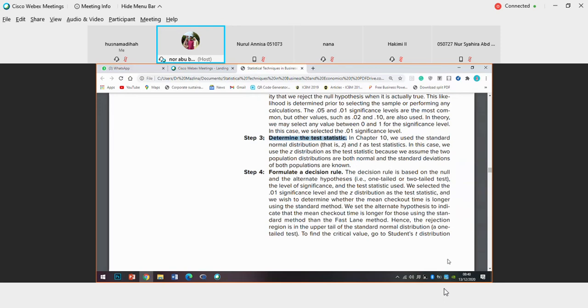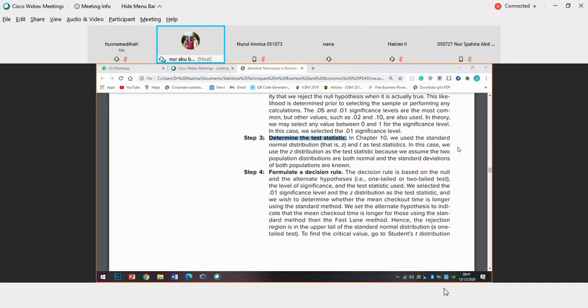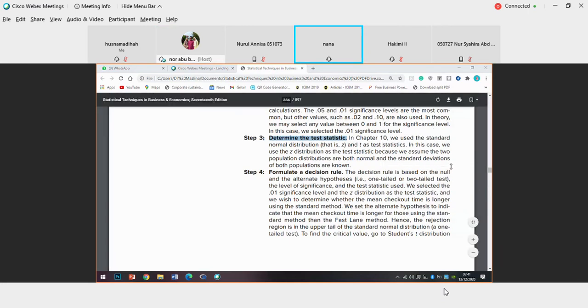Bergantung pada apa yang? Sample mean? No, bukan sample mean. Okay, Z apa? Sample size, yeah. Okay, probably itu apa yang awak maksudkan, sample size. Very good. Okay, jadi kalau size tu lebih daripada 30, it is more appropriate to